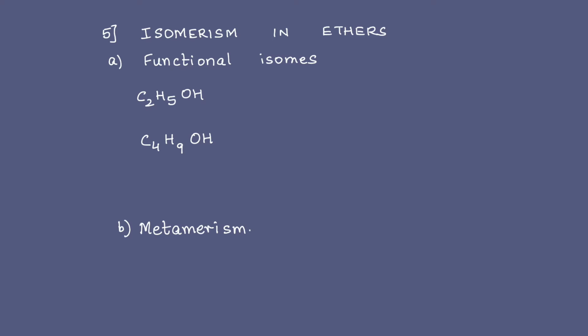Isomers. What are isomers? Iso means same, mer means molecule. Compounds having the same molecular formula but different arrangement of atoms in them are called isomers. So, for example, if you compare alcohols and ethers, you will find that their structural formula is different. They differ in the structure.